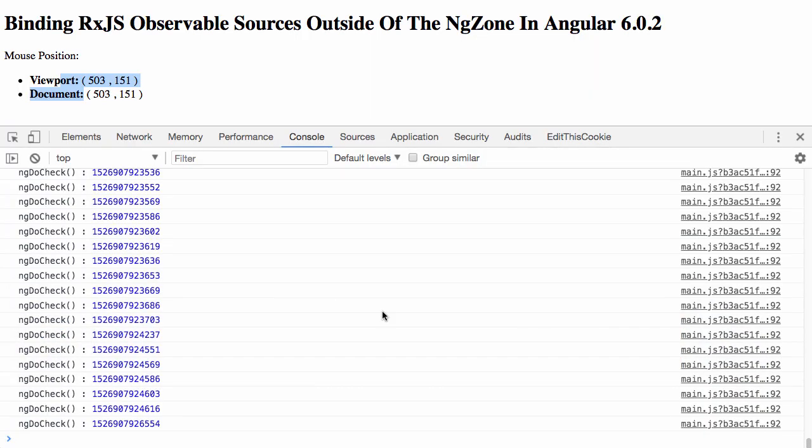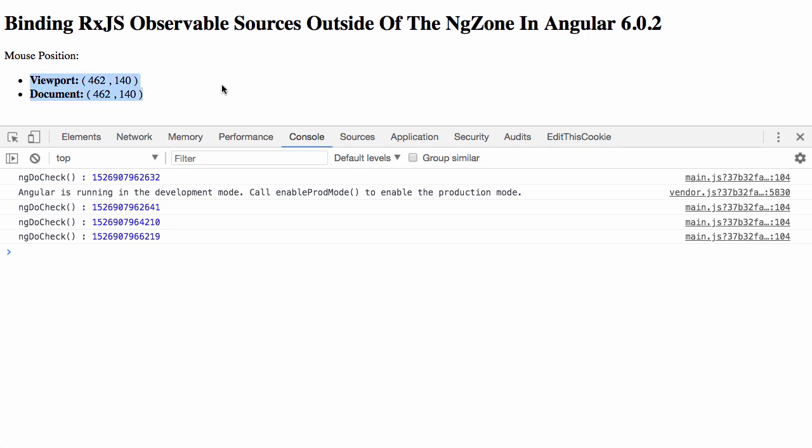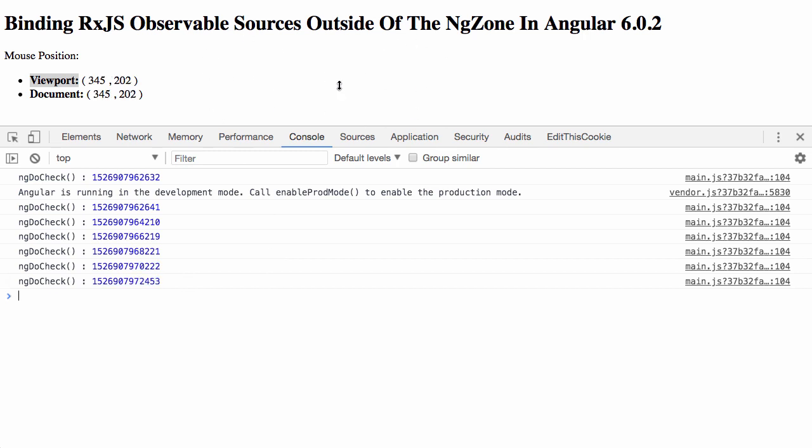So now with that in place, let's refresh, and now you'll see that as I mouse around, we're no longer getting that stream of digest changes. In fact, we only trigger a new digest every 2 seconds when that throttle allows the event to be propagated